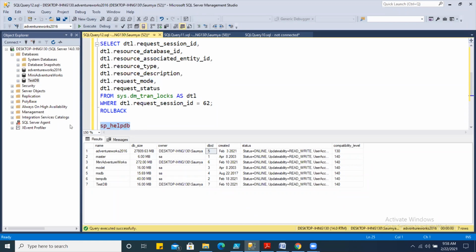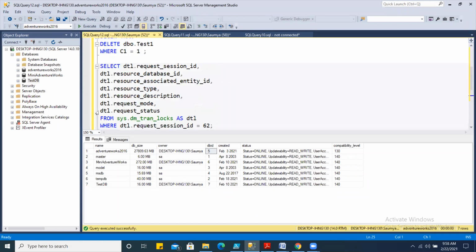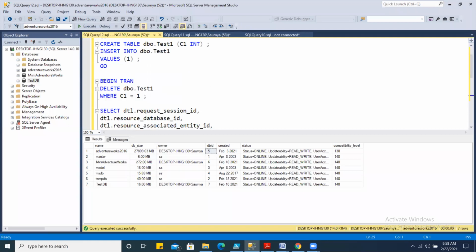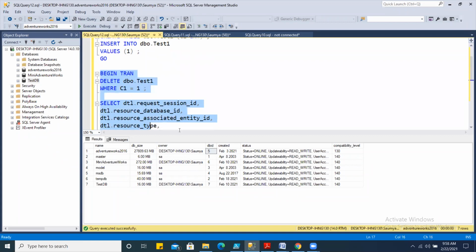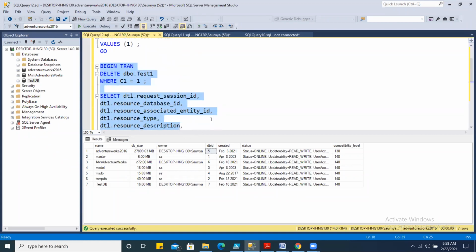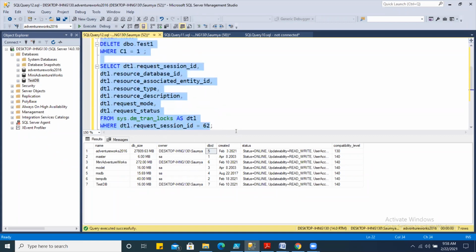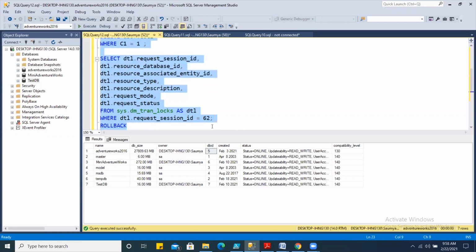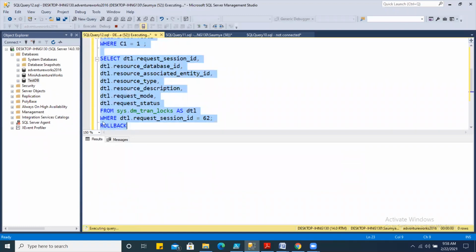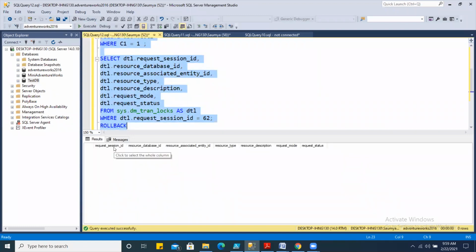Let us execute this complete transaction now to check how locks are acquired. Execute it. Nothing is showing. Why?